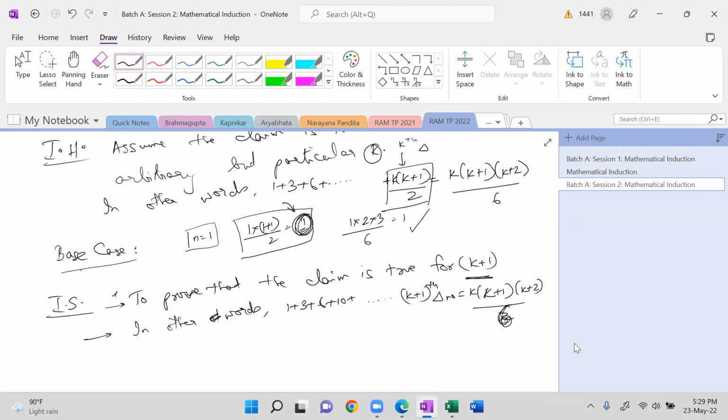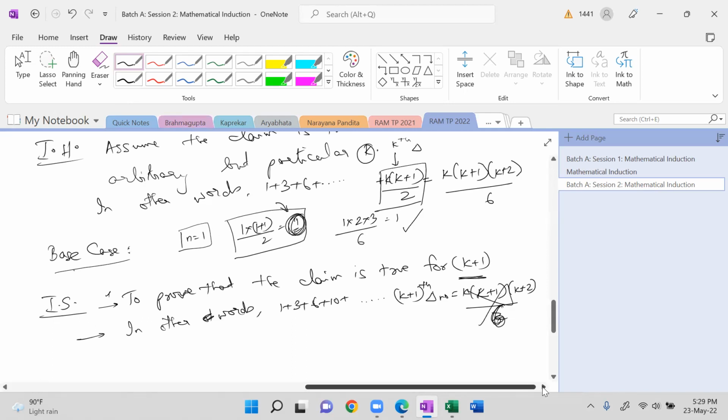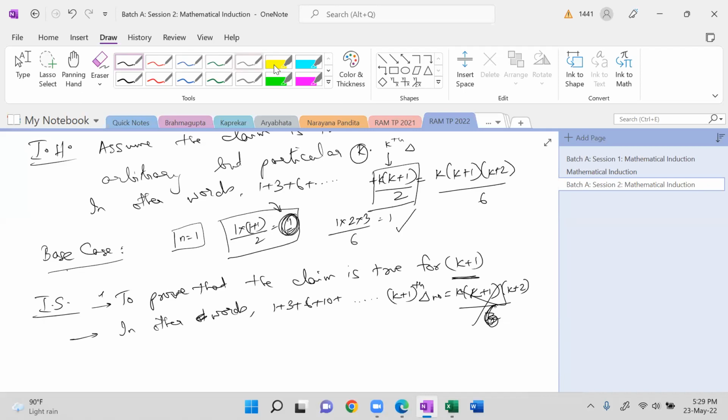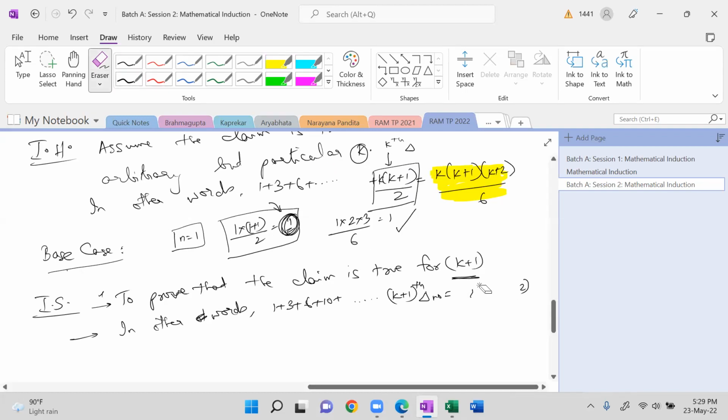Shouldn't it be k plus 1 into k plus 2 into k plus 3? Yeah, exactly, Srivatsan. So I think you've written the summation for k, not k plus 1. Thank you. So this is bogus. This is not true. K times k plus 1 times k plus 2 divided by 6 is the sum of the first k triangular numbers, but we are talking about the k plus 1th triangular number, which will be k plus 1 times k plus 2 times k plus 3